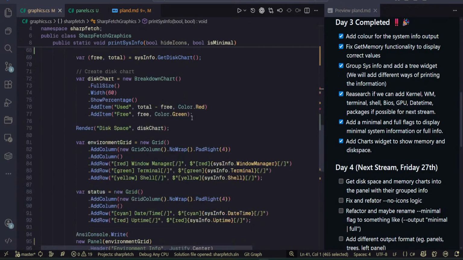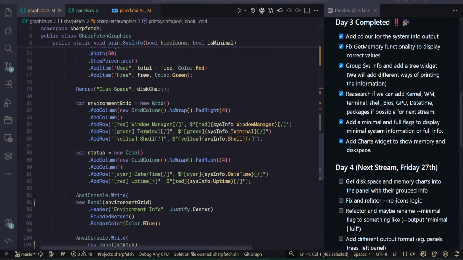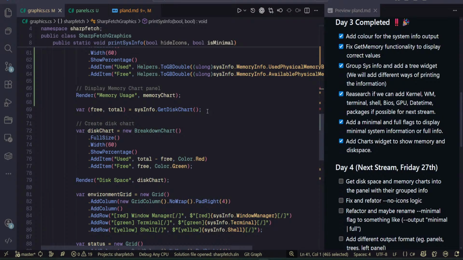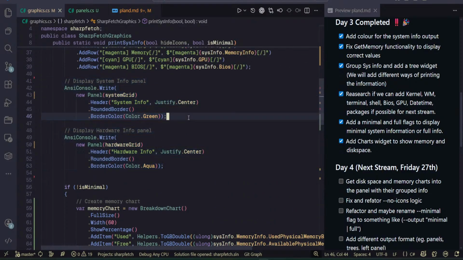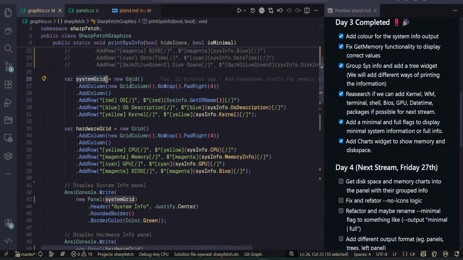How can we do this? How can we extract all of this and put it there? I think yes, the way is to just use the grids here,